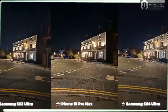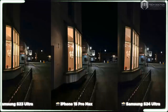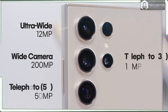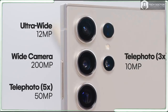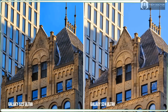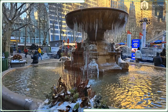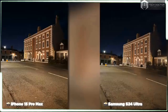Let's start with the Galaxy S24 Ultra's 5x zoom lens. Samsung has not taken a step backwards, more a step sideways. The Galaxy S24 Ultra still has the best zoom camera you can find on a smartphone. It's better than the Galaxy S23 Ultra's 10x zoom, and it's much better than the 5x zoom you will find on the iPhone 15 Pro Max most of the time, like when you are really using the zoom to its full extent. When you zoom in to 10x or even 100x, the Galaxy S24 Ultra produces images with better color